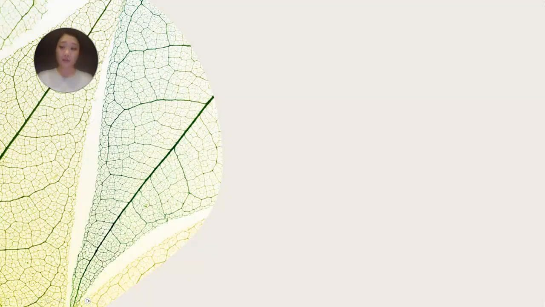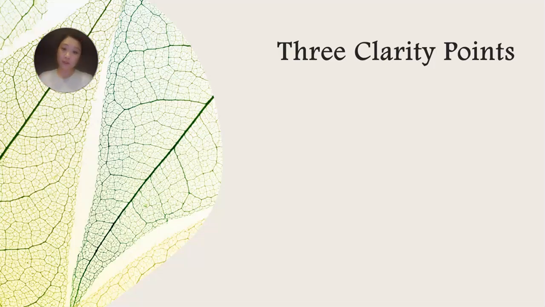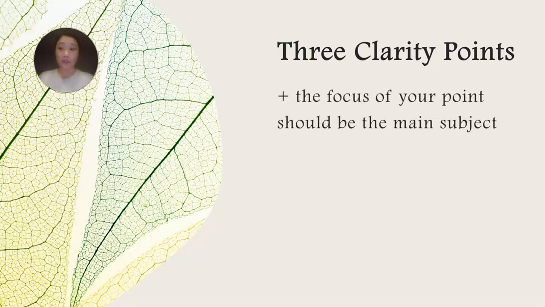If you recall from the last video, we finished up with 3 clarity points. First, the focus of your point should be the main subject. This was when we had the example with Little Red Riding Hood and those sentences. When the subject is something that's not the focus, it lacks clarity. It just does not work well for your reader if it's happening over and over again. The one that was clear had the focus, Little Red Riding Hood, the focus of the story, as the main